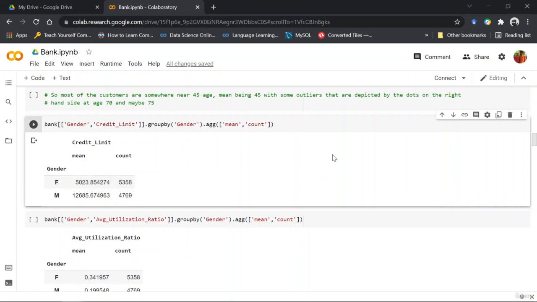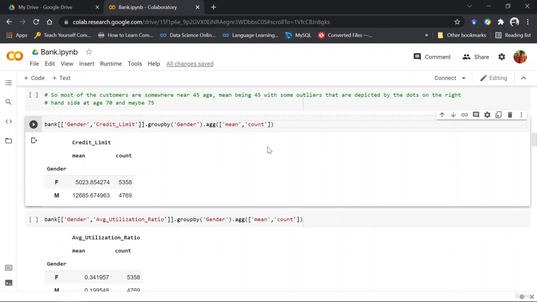Now, there would be many of you who might not be understanding what credit limit is, and that was one reason why I told you to look up these terms before you actually move forward, right? Because these terms are not really the basis of what I'm trying to teach here, which was building a machine